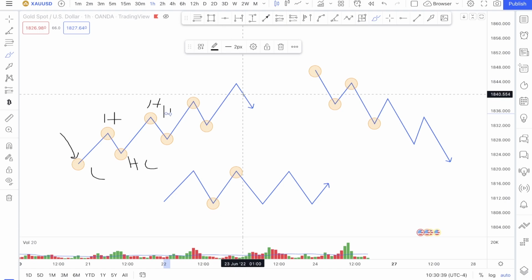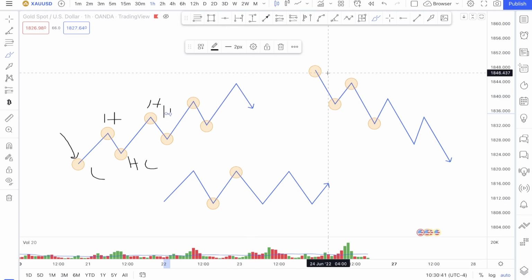Now let's look at a downtrend. The same concept goes for a downtrend. You're starting from a high point here, from a swing high. You're moving lower, creating a low swing point. Moving back up, and this here being a lower high than that one, we're going to refer to that as